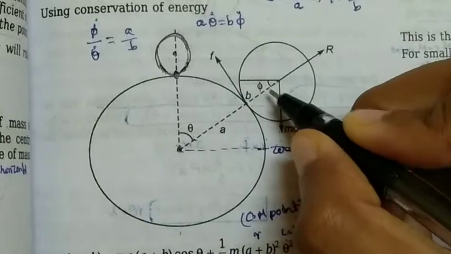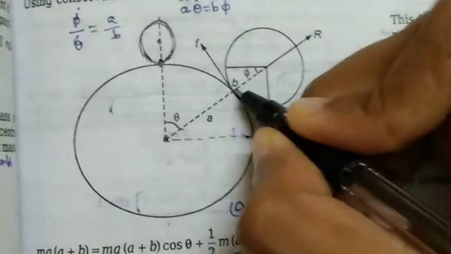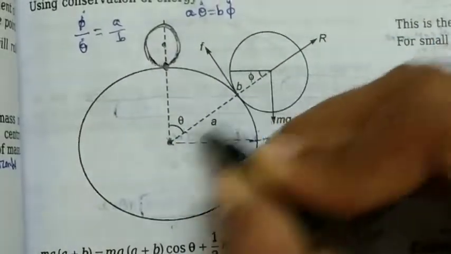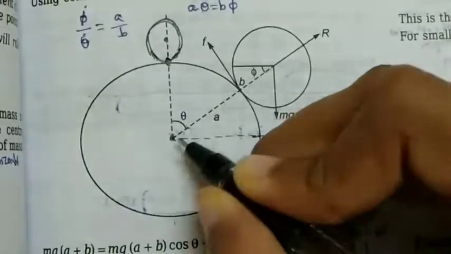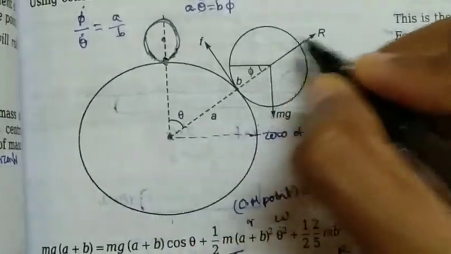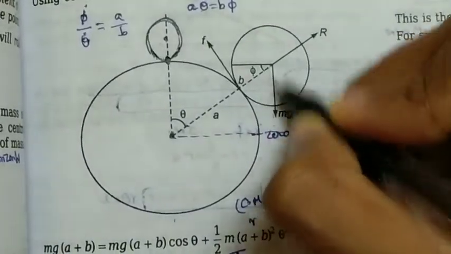Reaction force acts normal to the point of contact. So this is the point of contact. Normal is nothing but radius, so radial is nothing but normal. So this is the reaction force. This is